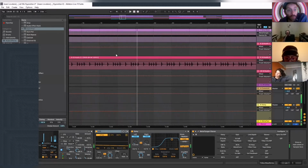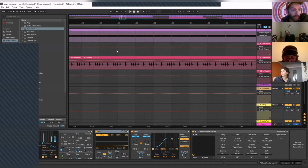So for reference, this acid line is only one note. It's just F sharp, which is the root note of my kick drum. So basically what I'm doing is making sure that all my pitches are more or less harmonic. Otherwise, because I'm using a sub bass line from kick drums, and I'm using a 303 pattern, if you don't do this,